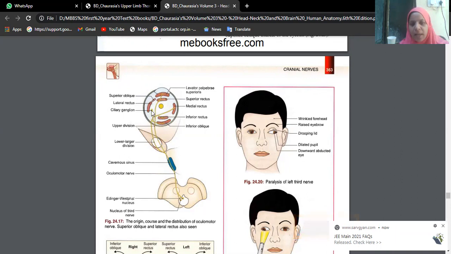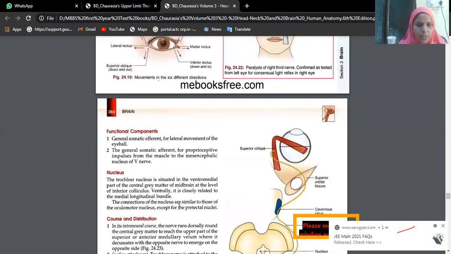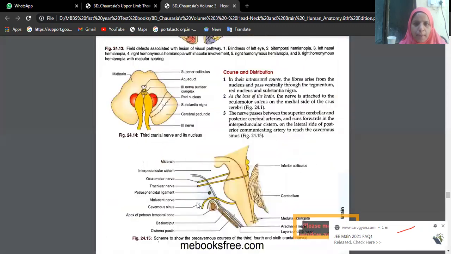The ciliary ganglion, what we see inside the orbit, is going and supplying the ciliaris muscle, which is actually controlling the pupillary constriction and dilatation. So you have to practice this diagram for the oculomotor nerve. Now once you know all this about the oculomotor nerve, it's an essay question.